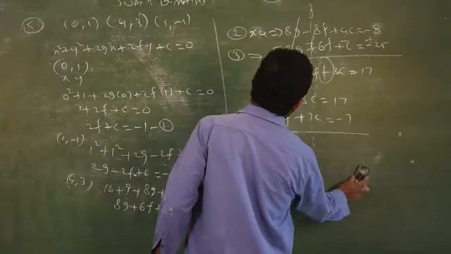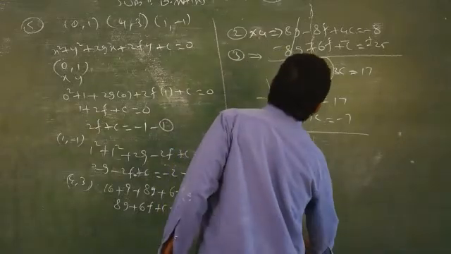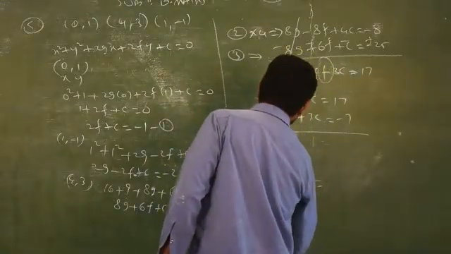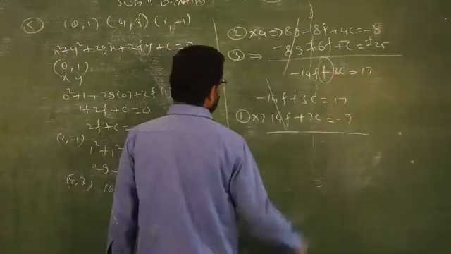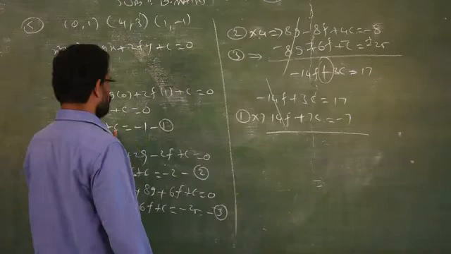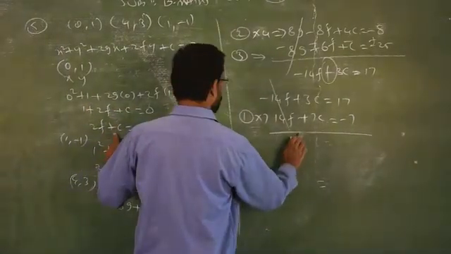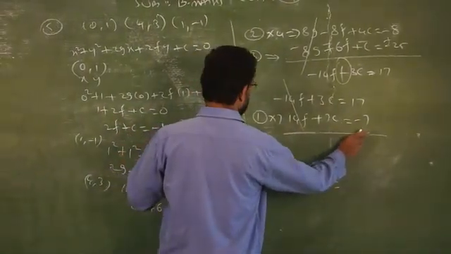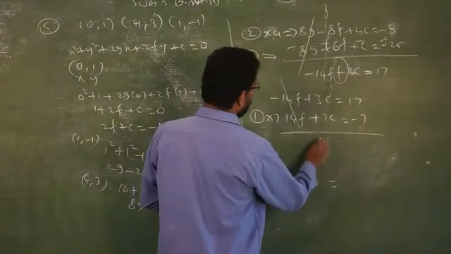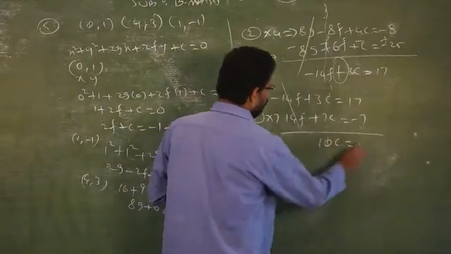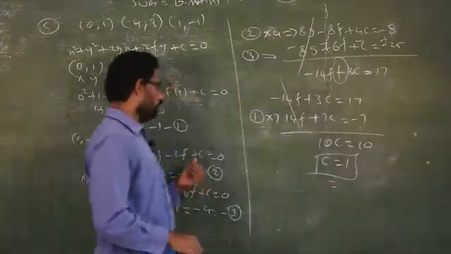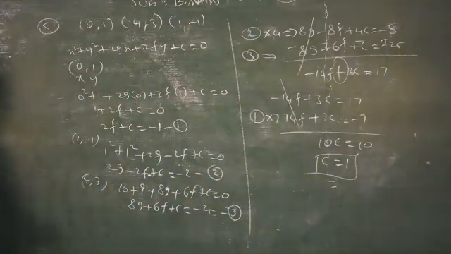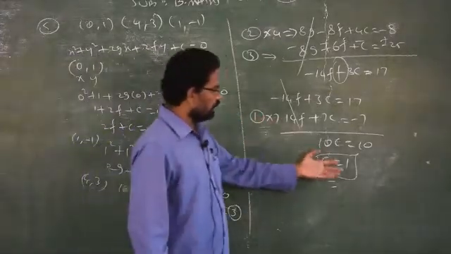Again you have to check. So don't simply copy. Plus 3c is equal to 17. Now you have to take the first one. Here will come 7 2s are 14. 7c is equal to minus 7. Simplify, you will get 10c is equal to 10. So what will be the answer? C is equal to 1. So be careful. If you miss any negative sign, then you will get wrong answers.